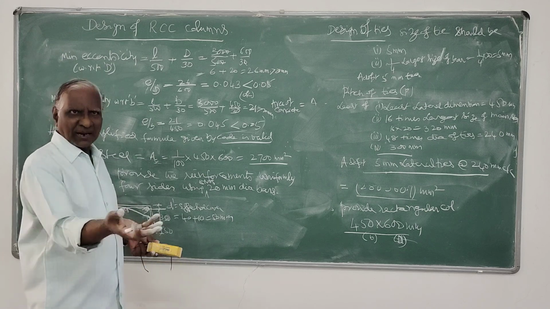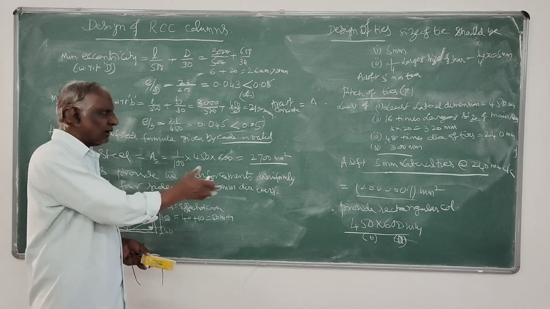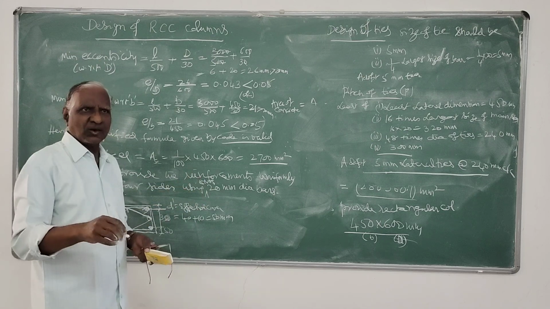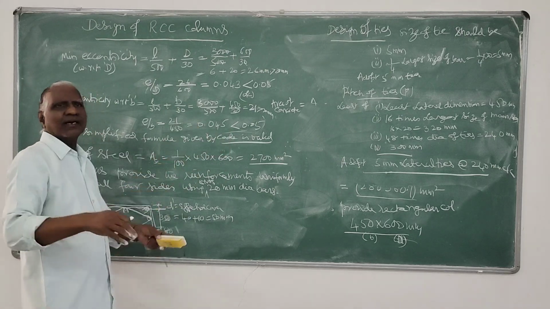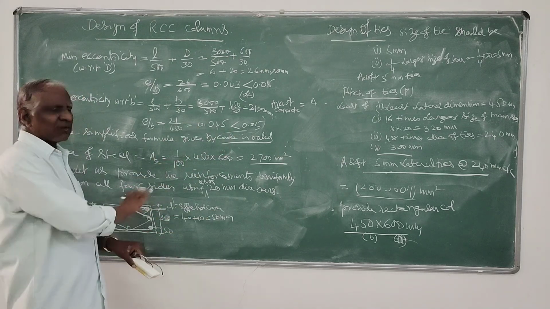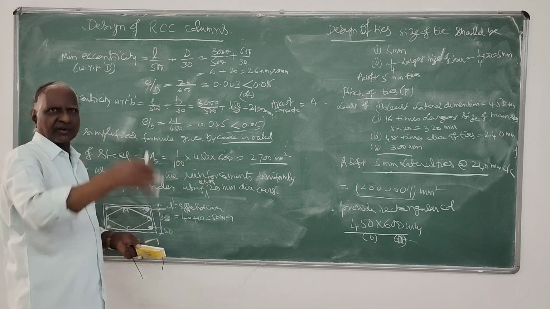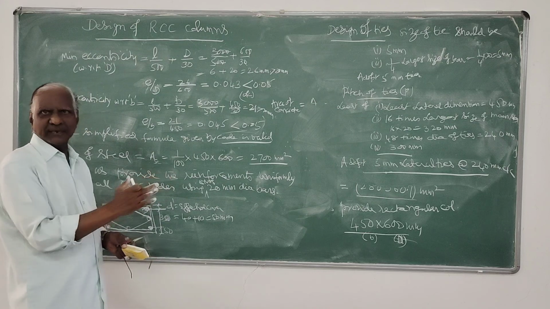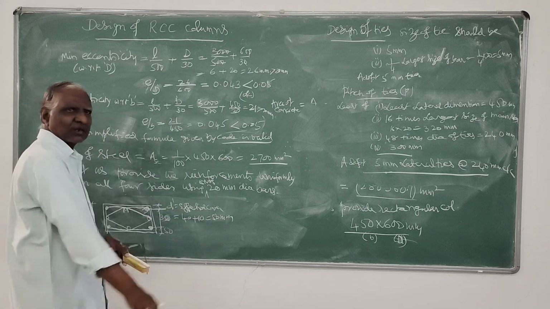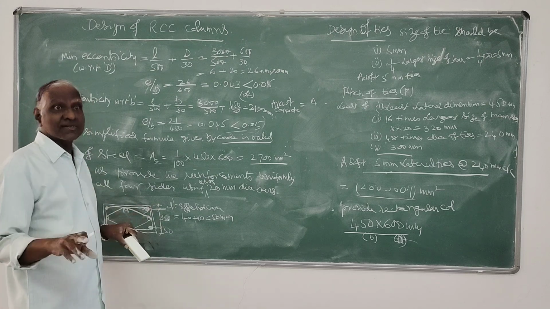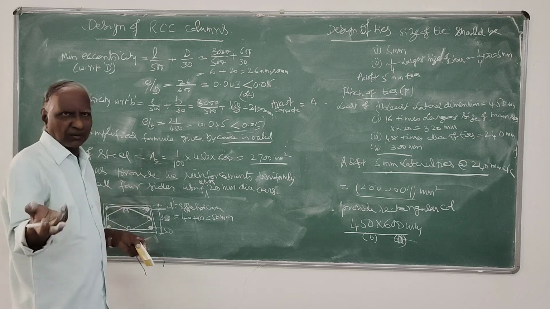Next, we will take up another 1 or 2 problems, problem on columns subjected to axial load as well as uniaxial moment, not satisfying this, and biaxial. And of course, long column, we will see that even if data is given for effective length, we see that L by D ratio will be less than 12. Like that, we select and end up with only short column. That completes your design of columns. So we'll work on the 2 problems maybe in the next class.